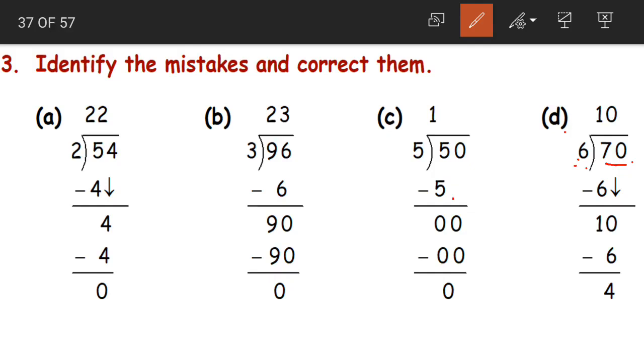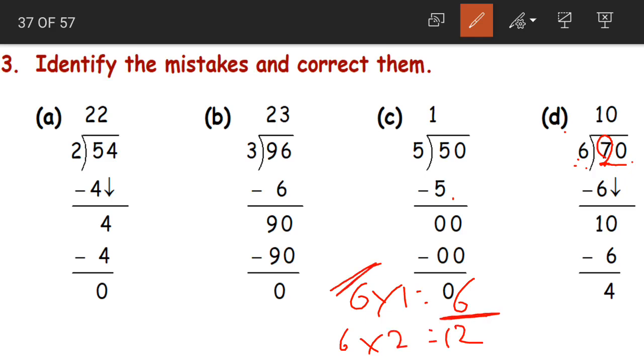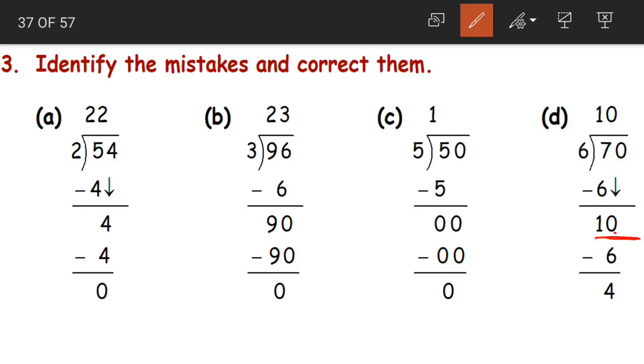Now what do we have here? Start dividing from 6. Yes, it is correct. Now we have 7 here. In 6 table we have 6 ones are 6 and directly 6 twos are 12. 7 comes in between these two. So which number should we go with? The smaller number, yes. So 6 ones are 6. It is correct. When we subtract, 1 is remaining, yes, and bringing 0 down. So what are we left with? 10. Yes, now we have to look for 10 in the 6th table. Again, 6 ones are 6 and 6 twos are 12. Yes or no children? 10 comes in between these two.